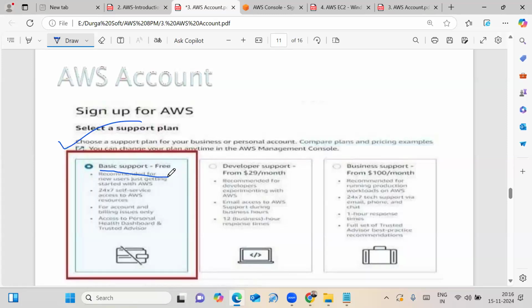If we choose developer support, monthly you need to pay a minimum of $29 per month. If we choose business support, monthly you need to pay $100. That is the minimum. For practicing purposes, you need to choose the basic support free plan.